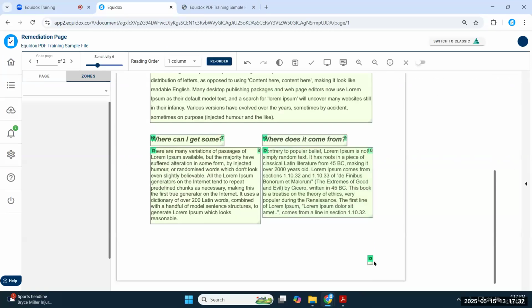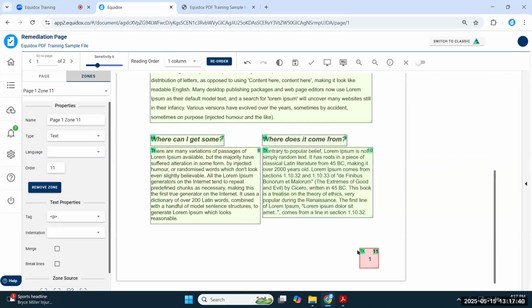The other thing on this page is down here, I have a page number. These page numbers in PDF documents are kind of obsolete in the digital world. PDF was initially more of a print format where you wanted to put a little page label on every page, because if you print off a 200-page report and someone says, look at page 183, you can just thumb through the document and quickly find it. So these page labels have a specific purpose in a physical packet of paper sort of world.